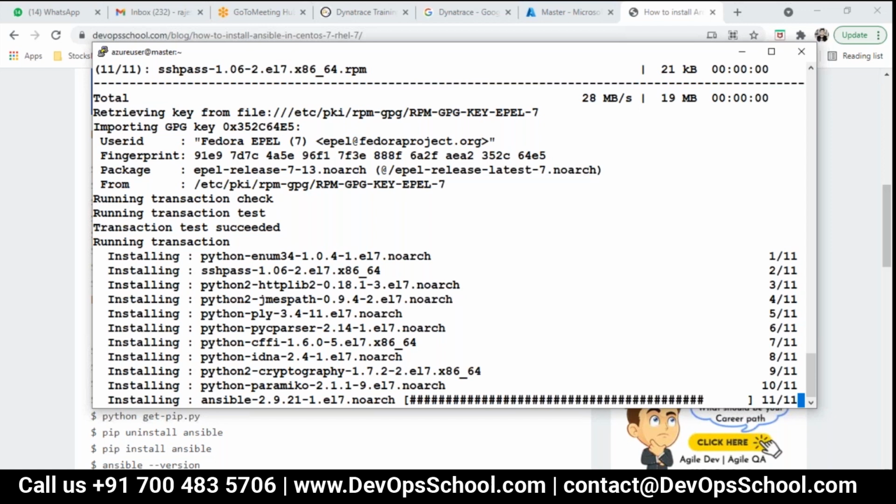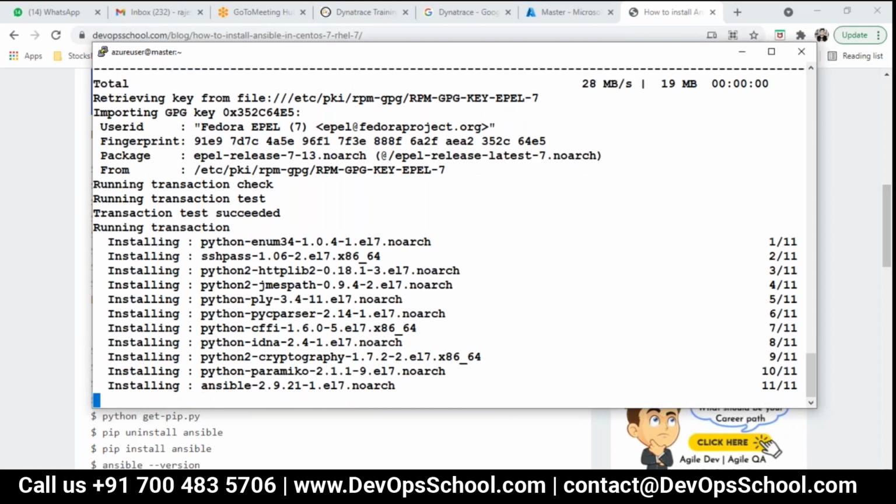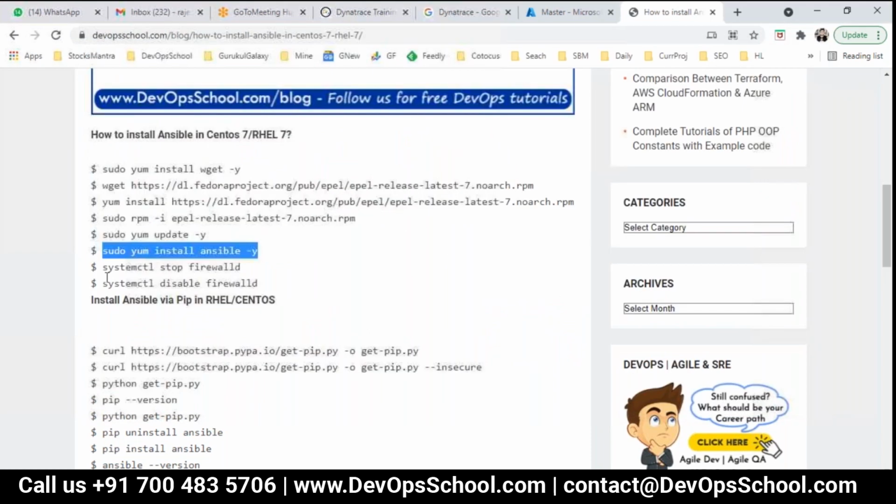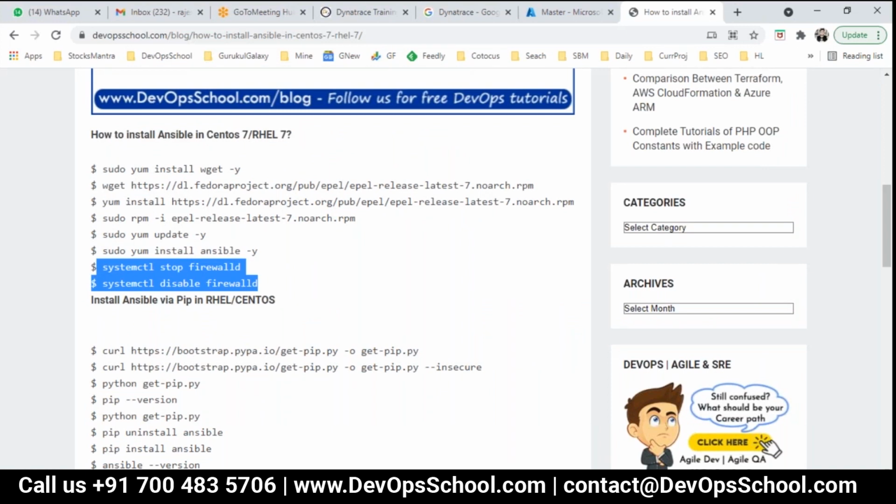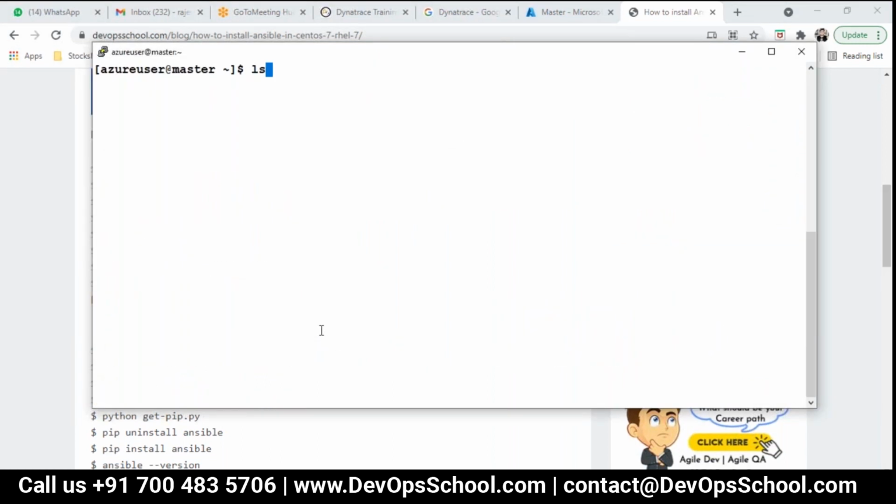So I'm setting up the ACS for all of you. You don't have to install it, just understand this. Okay. Now you see here, it got installed. Now you can stop or disable the firewall. That's conditional. You can skip it because for the time being, I don't need it actually. Okay, so this is done, guys.